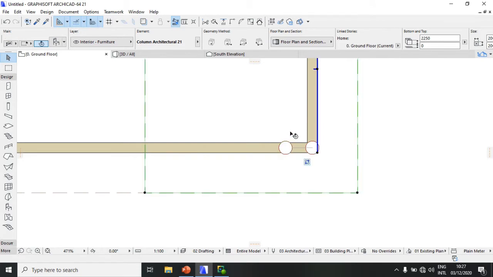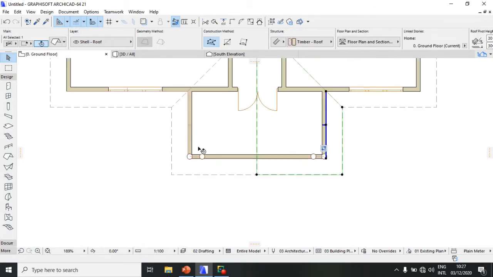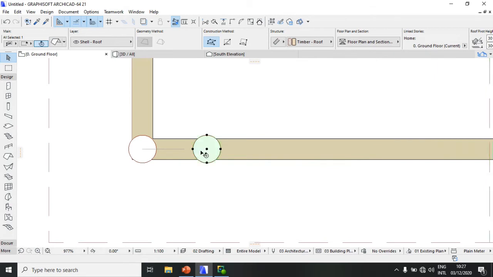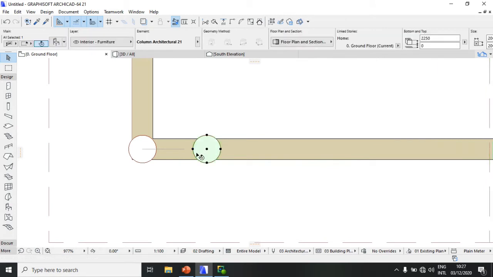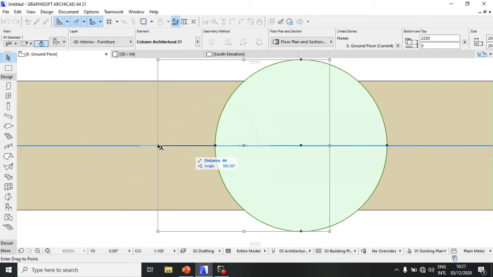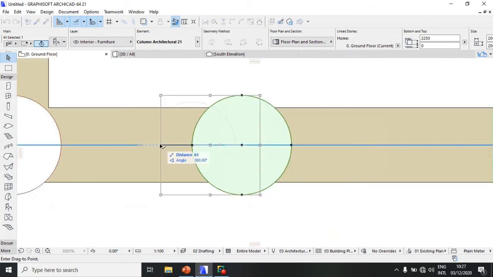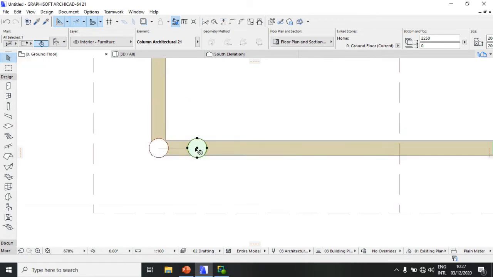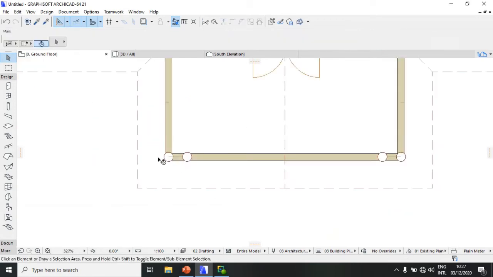That way. Okay, same case with this. Control D, drag. That way. So